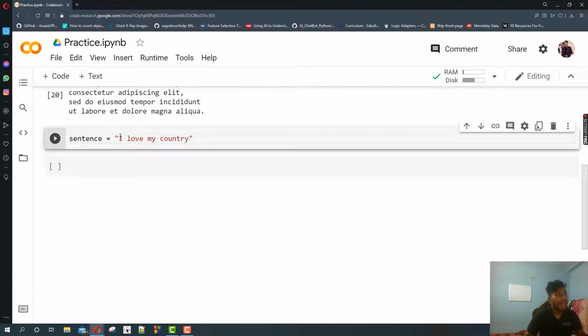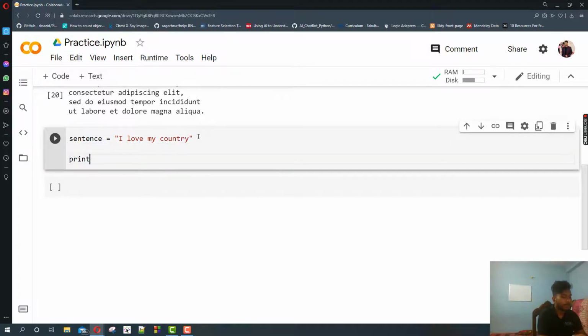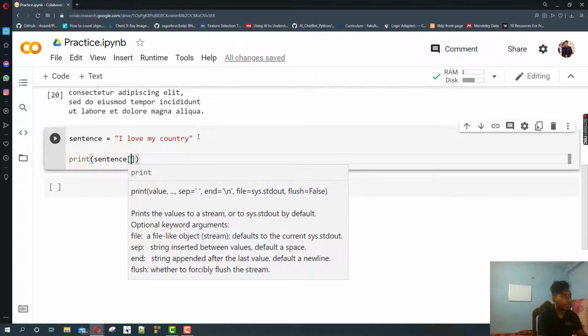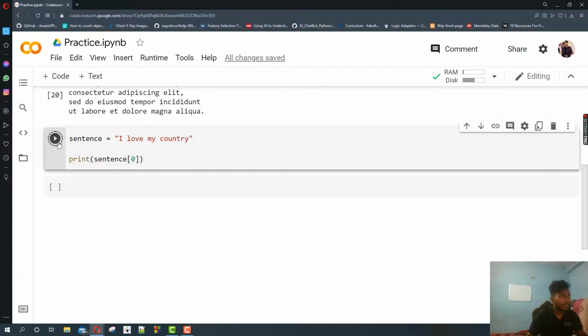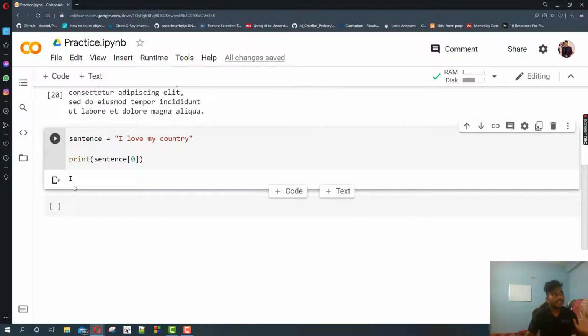This I love my country is the whole string which is stored in the sentence variable, but you want to just print the I, then how can you do that? You can simply write here, print sentence 0. I will explain it later. Just see this. See, this will result in I.